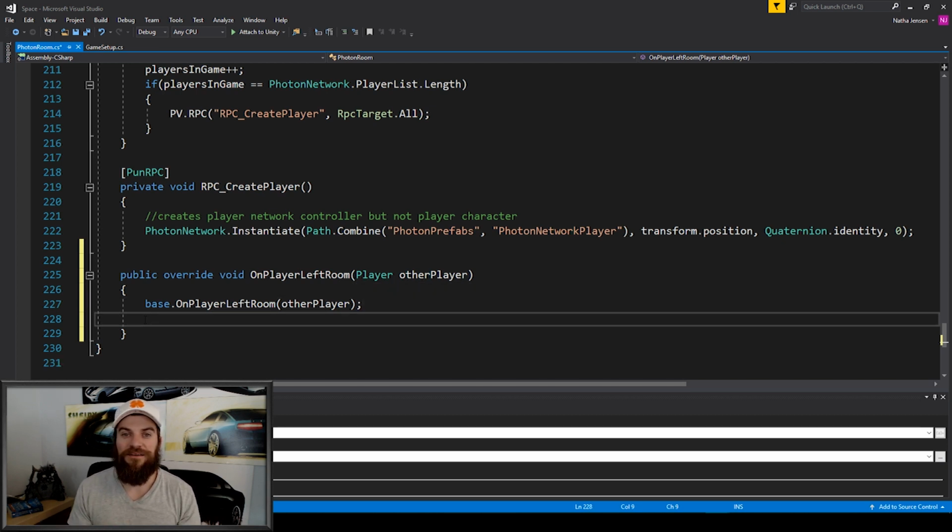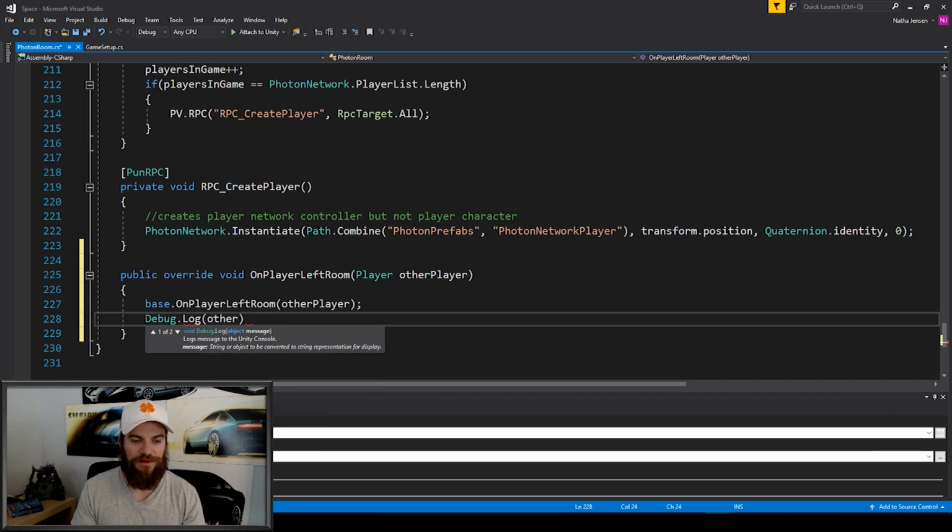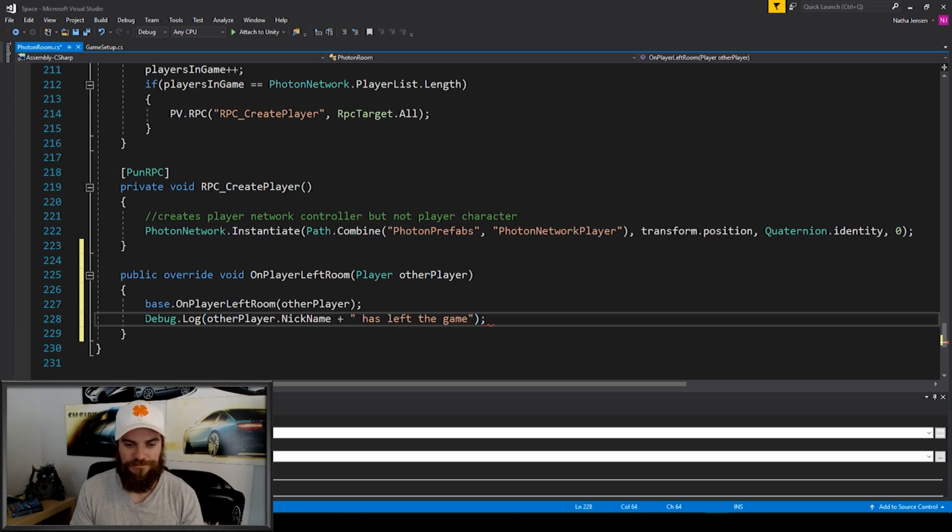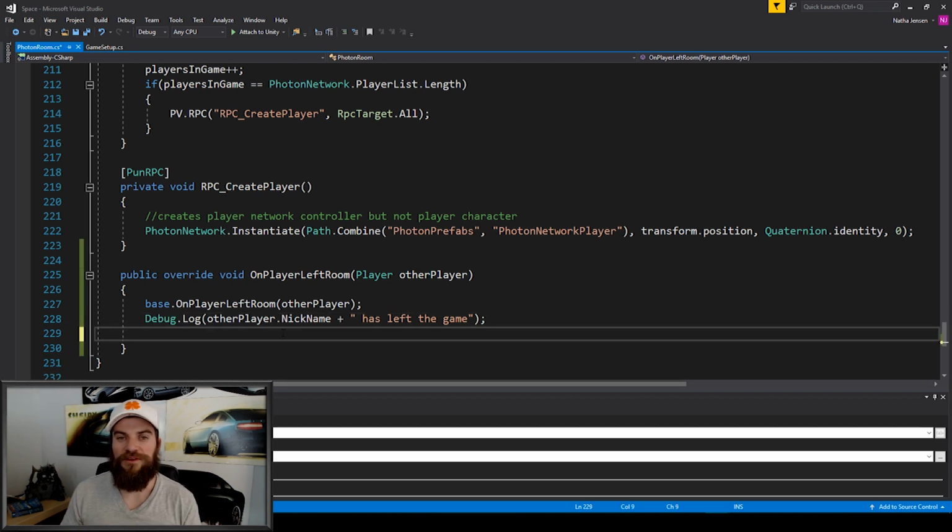And so let's write a line of code that will debug the player's name to the console. So I'm going to type debug.log, and then we're going to pass in otherplayer.nickname, and then let's add a plus and quotes, and then I'll say has left the game. Now normally you would want to display this information to the screen so you can see who has left the game, but for this example we'll just keep it in a debug statement. Another thing that we could do is we could decrement the number of players in our room. And so I'm going to type players in room